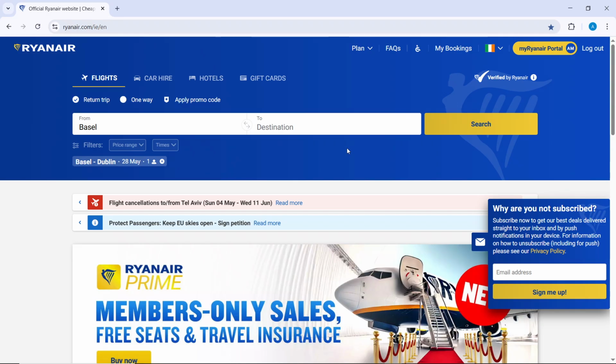Head over to any browser of your choice and type in www.ryanair.com. Once you get into the website, go ahead and click on login at the top right corner. There, enter your email and password to access your account. Once you're logged in, go ahead and click on my bookings from the top right corner of your screen, and